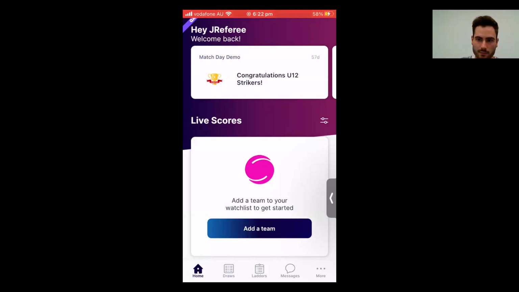Now, as this is a mobile first solution, if you are appointed to a match and you've got your push notifications on, you will receive a push notification every time that you are appointed. Or if the match itself, for example, has changed times or details, you also receive a push notification. So if the time's been changed, you will receive a push notification instantly as that change has been made